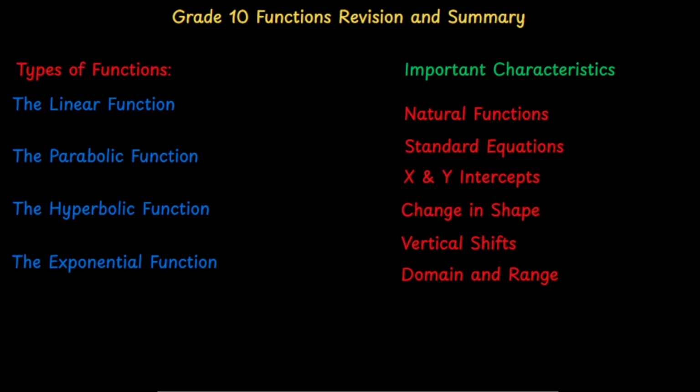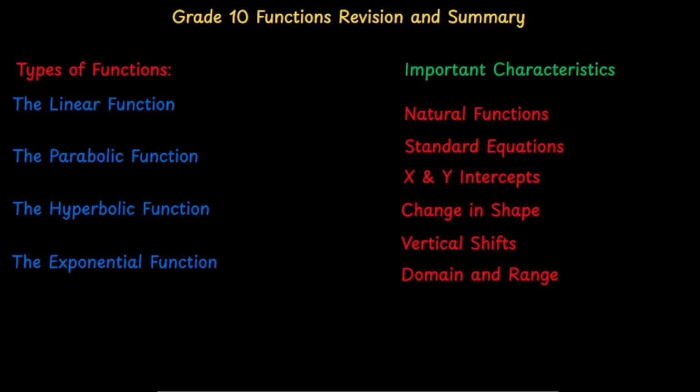of each function. Now, for these functions, you would have a standard equation, which would allow you to understand, quantify, and mathematicize the manipulations applied to each function. For example, for a change in shape for a linear function, we would manipulate its gradient, the mx part of the formula, right? For a vertical shift, we would manipulate the q value, because that would tell us whether it is a vertical shift moving upwards or a vertical shift moving downwards. And that's basically the information that the standard equation would give you,